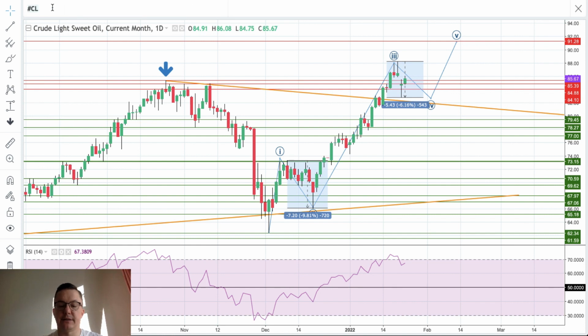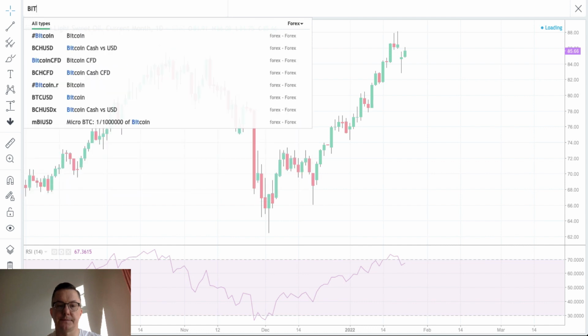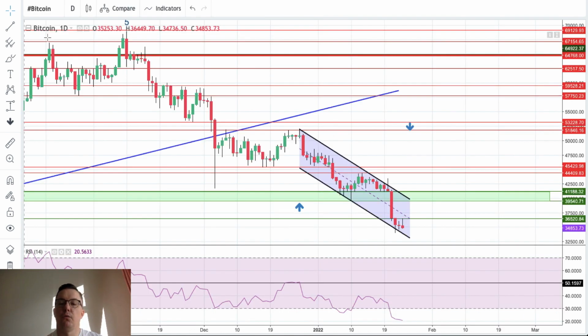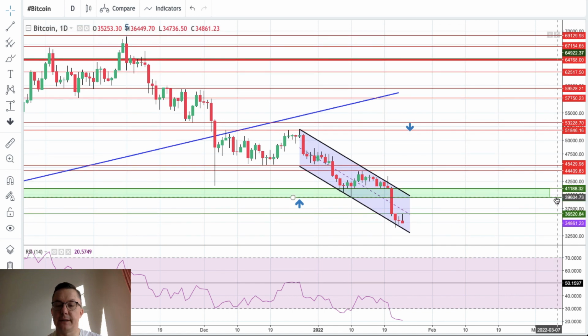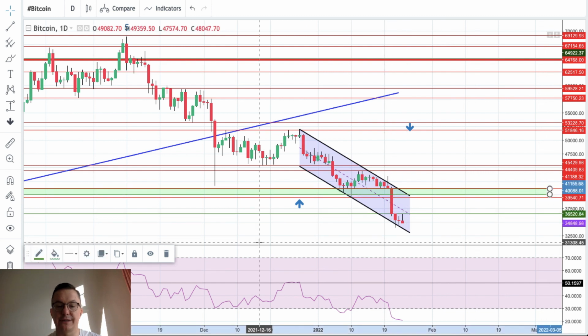And last but not least, let's take a look at Bitcoin, of course. What is Bitcoin doing? The Bitcoin situation is getting pathetic right now. So this is a time when most of the participants will apparently see Bitcoin as a buying opportunity. Why? Because it has lost more than 50% of its overall value since the high at